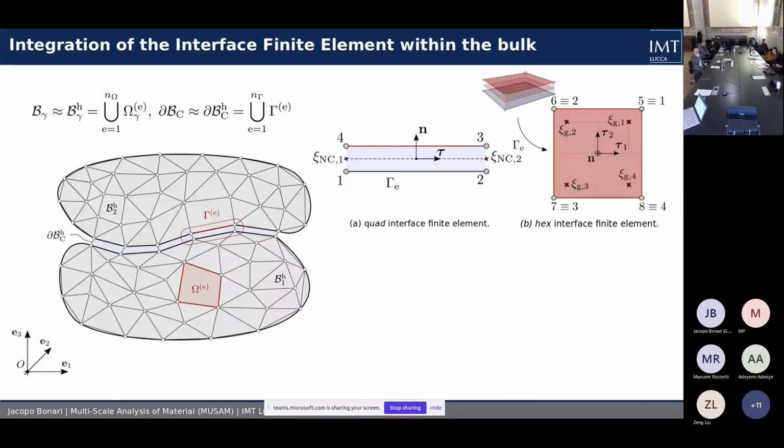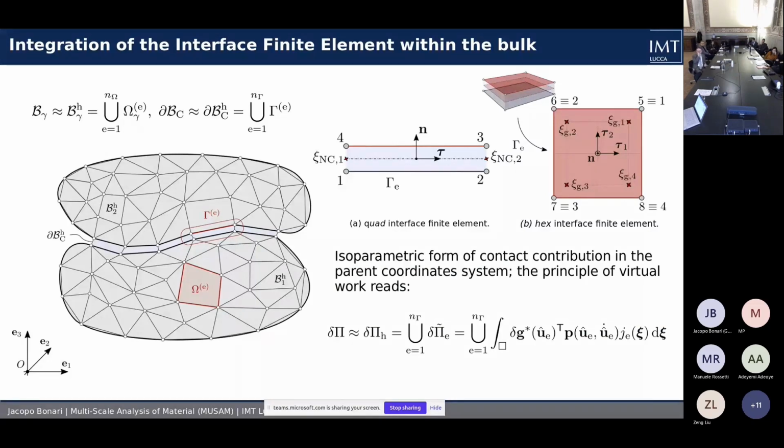We might have 4-node quadrilateral elements for a two-dimensional problem, which come into contact over a profile, or we can also have a hexahedral interface finite element if, of course, we are analyzing a 3-dimensional problem. Once we have defined the kinematics of our interface finite element, we are also able to solve this problem in a rather standard way by invoking the principle of virtual work and defining the first variation